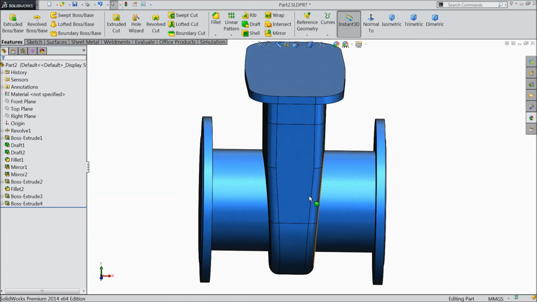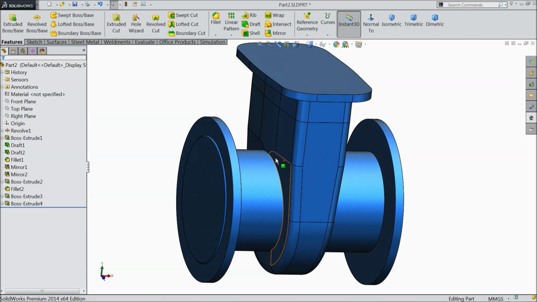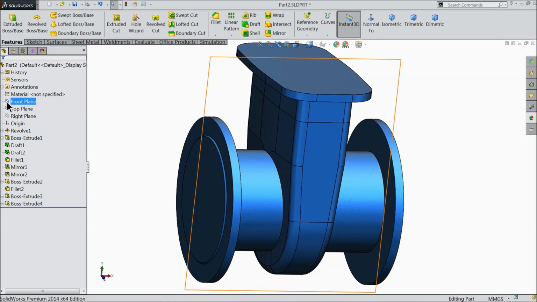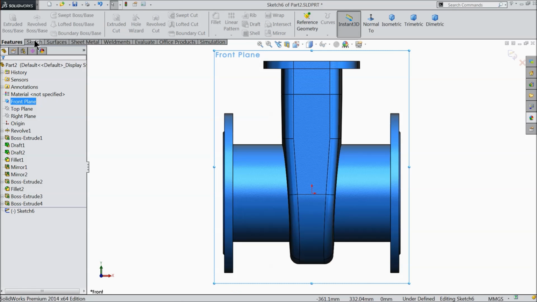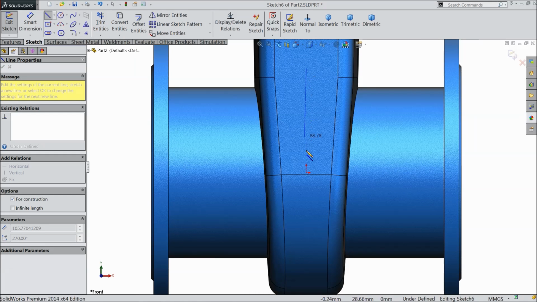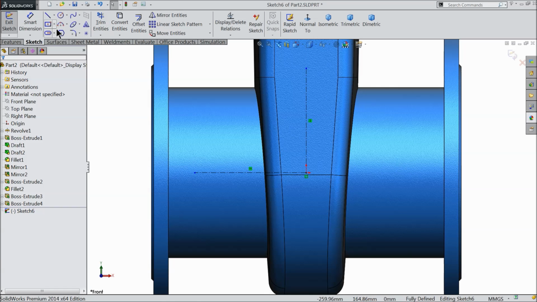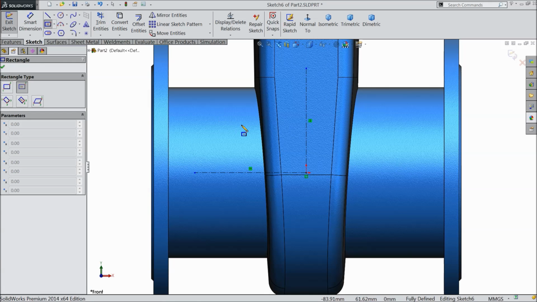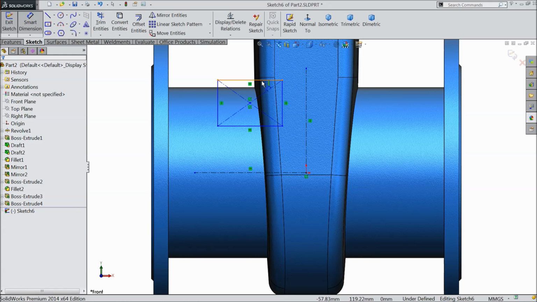Now here we want to create one, we will add some body here. So select right plane, front plane, sketch, normal. Select center line and draw a vertical and horizontal construction line. Choose center rectangle, draw a rectangle. Let's define